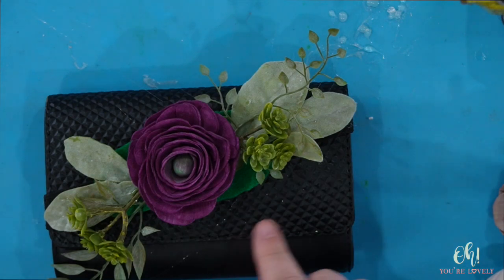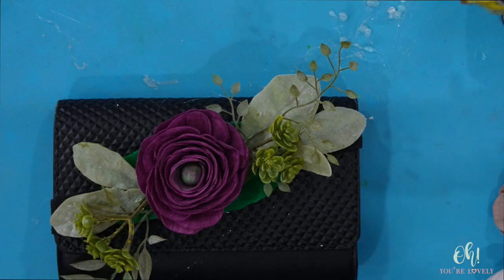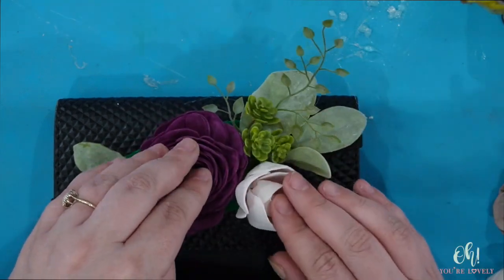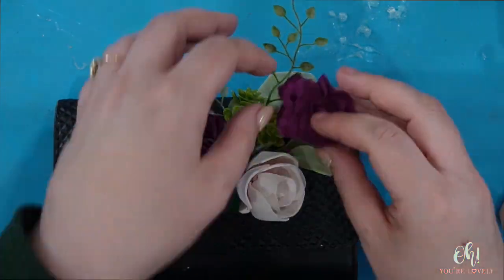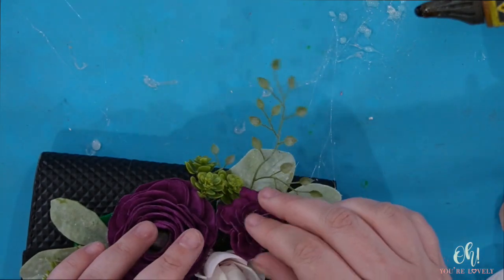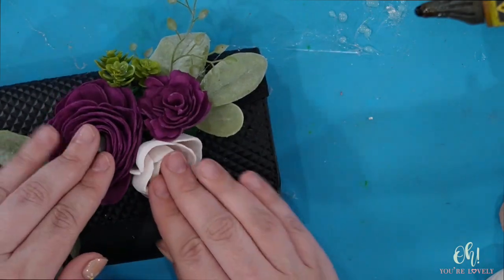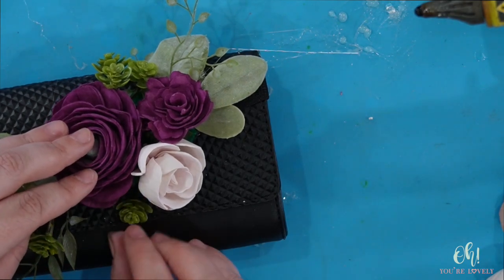How pretty is that? So if you had a smaller strip of the felt, you could get away with just like one or two flowers tops and have this lovely arrangement happening. Gluing it directly on the purse, be mindful of where your felt ends. I almost just glued the purse. I did. I almost did. But I didn't. All right, so some of these spots where there's felt peeking through,